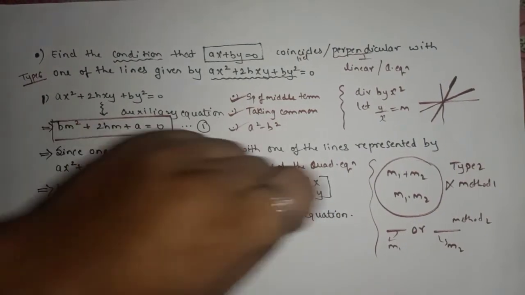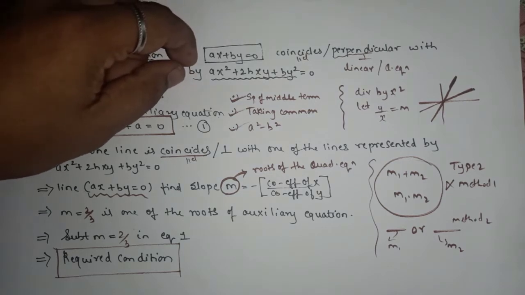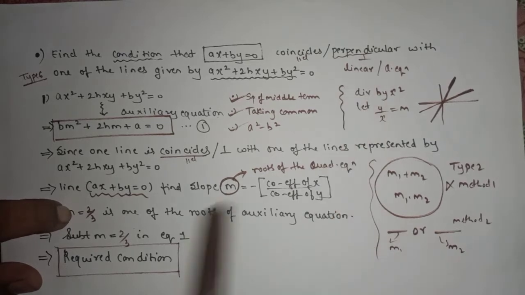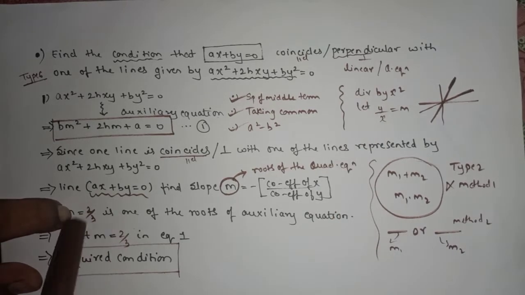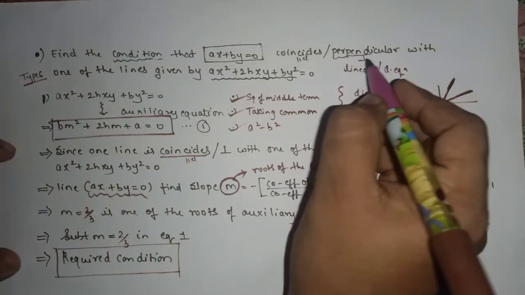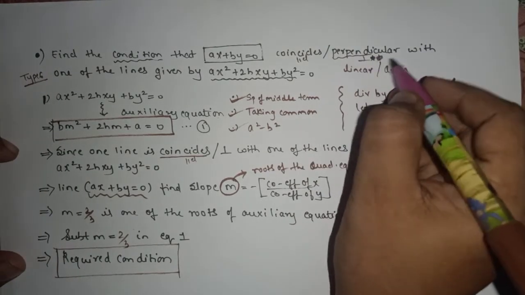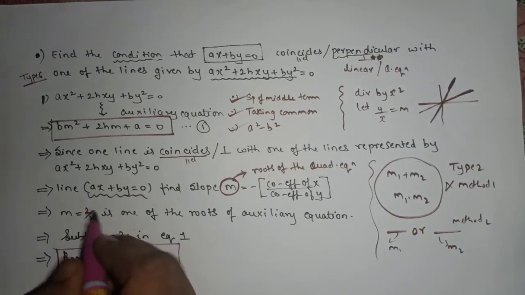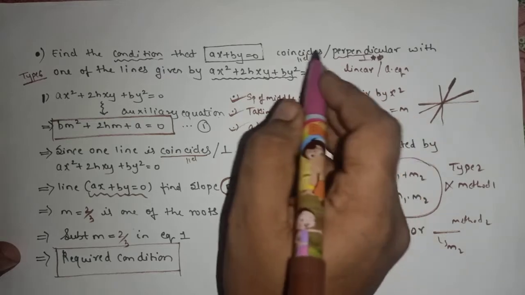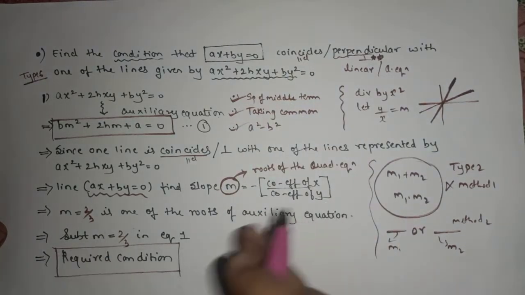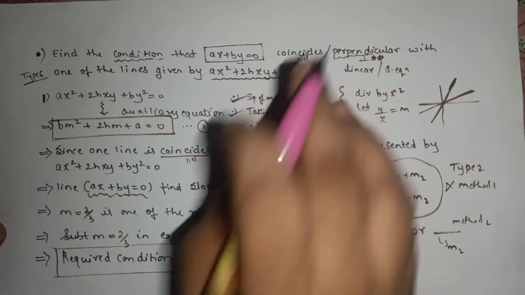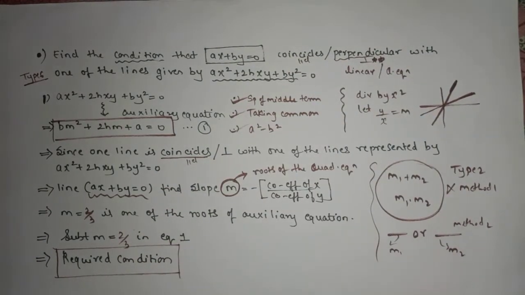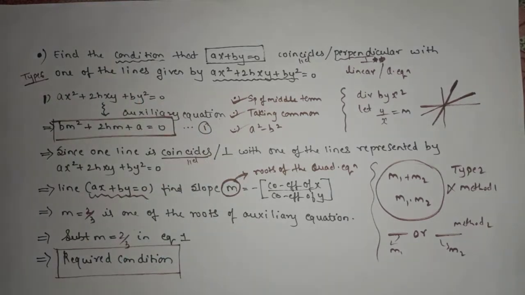whenever the word perpendicular comes and you have a linear equation, when you find the slope, you reciprocal the value with the opposite symbol. So you have to remember, whenever the word perpendicular comes, reciprocal the slope with the opposite symbol. If it says parallel or coincide, keep the slope as it is, because in the parallel condition we keep the slope as it is, and in the perpendicular we reciprocal the value with the opposite symbol. So these are the steps which you have to follow. So let's take one example.